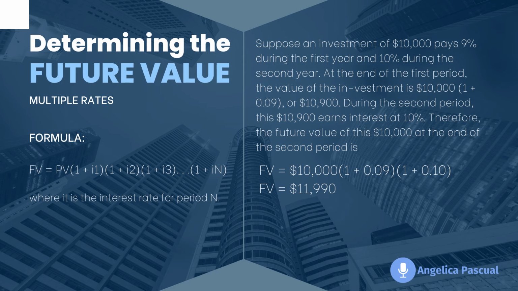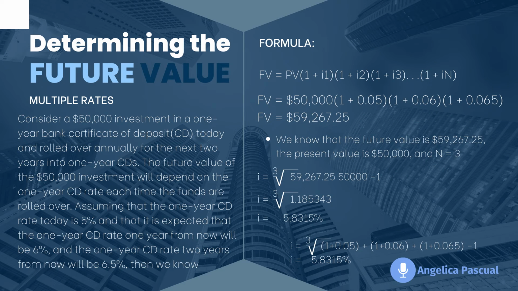And another example. Consider a $50,000 investment in a 1-year bank certificate of deposit, or CD, today and rolled over annually for the next 2 years into 1-year CDs. The future value of the $50,000 investment will depend on the 1-year CD rate each time the funds are rolled over. Assuming that the 1-year CD rate today is 5%, and it is expected that the 1-year CD rate 1 year from now will be 6%, and the 1-year CD rate 2 years from now will be 6.5%, then